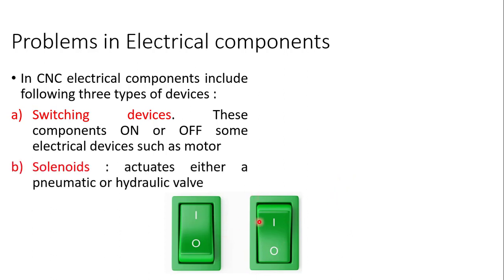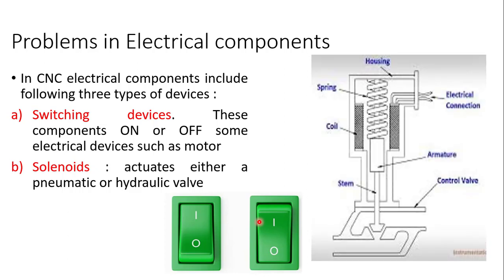Then the second is your solenoids. Solenoids are actually an actuator which is going to actuate something, as you can see in here. Clear? So there is a coil, a solenoid coil over here, then this is a spring. When you pass electricity in this coil, it gets charged, and the armature moves, and the up and down motion is given through this spring expansion or compression. So it is finally the solenoid which actuates to let the fluid or water in or out. It is to block or unblock things.